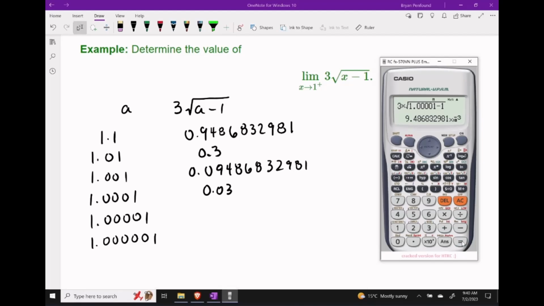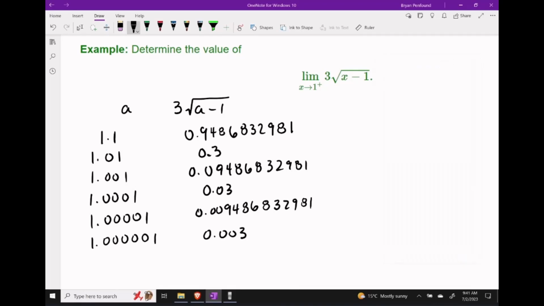So when I go back and add an extra 0 in here, I'm going to get something close to 0.00948. And then finally adding in that last 0, and converting this to a decimal number, we're going to get about 0.003. So while not obvious at the beginning, it is a little clearer now that this limit is going to